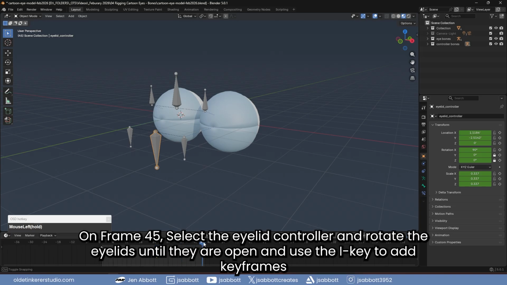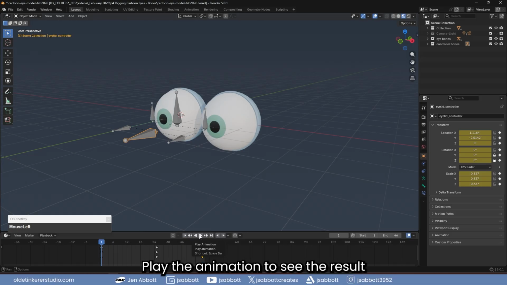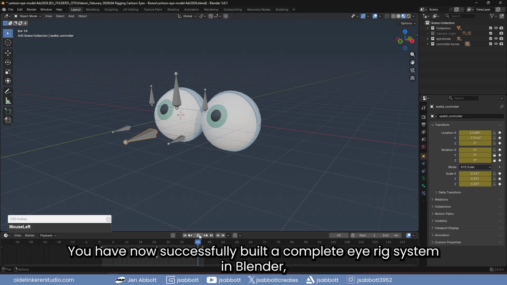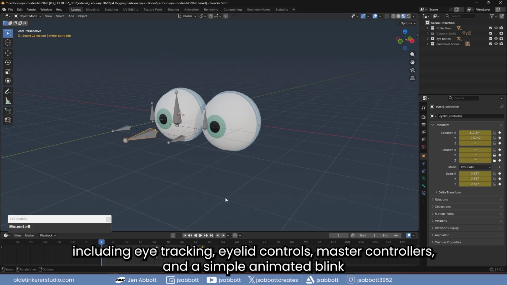On frame 45, select the eyelid controller and rotate the eyelids until they are open and use the I key to add keyframes. Play the animation to see the result. You've now successfully built a complete eye rig system in Blender, including eye tracking, eyelid controls, master controllers, and a